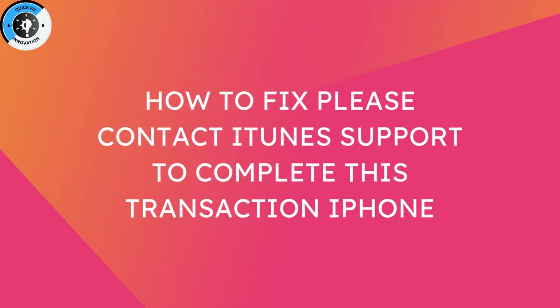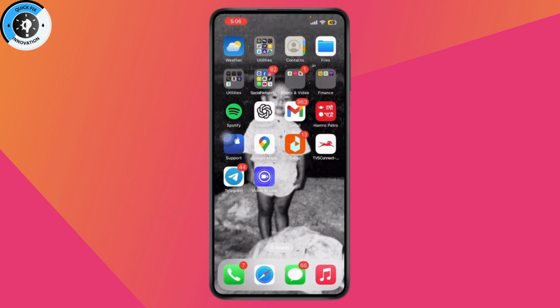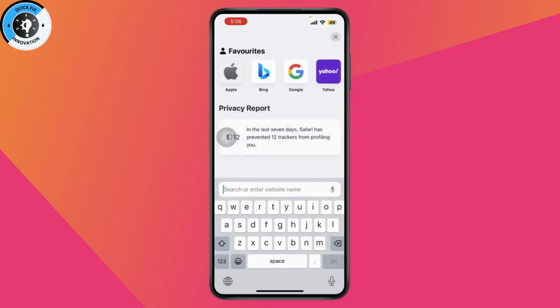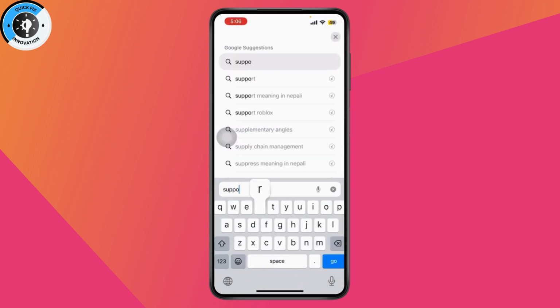How to fix? Please contact iTunes support to complete this transition on iPhone. So if you want to fix, please contact iTunes support to complete this transition on your iPhone. Then first you need to go with your Safari browser, and on your browser you need to search for